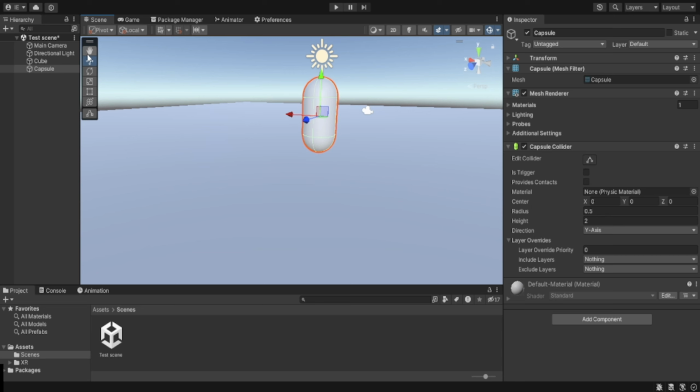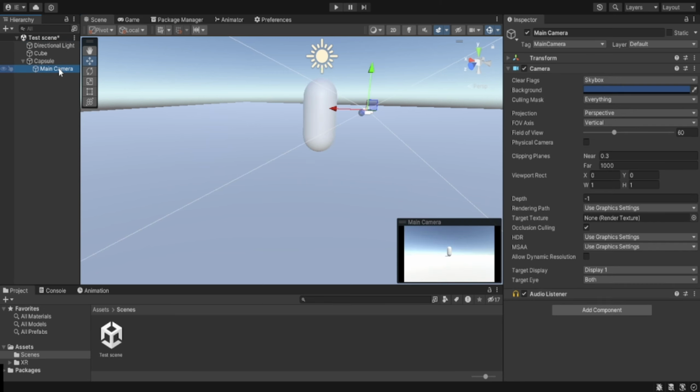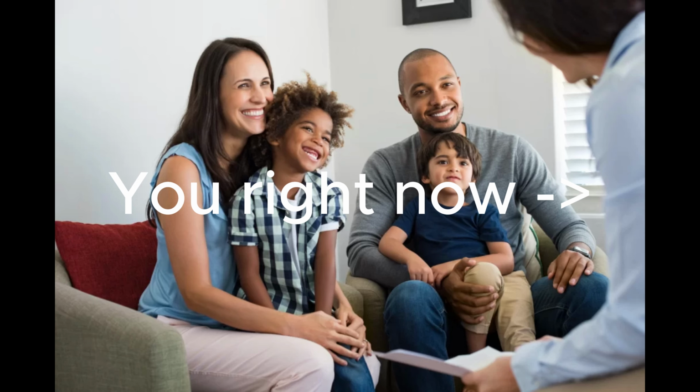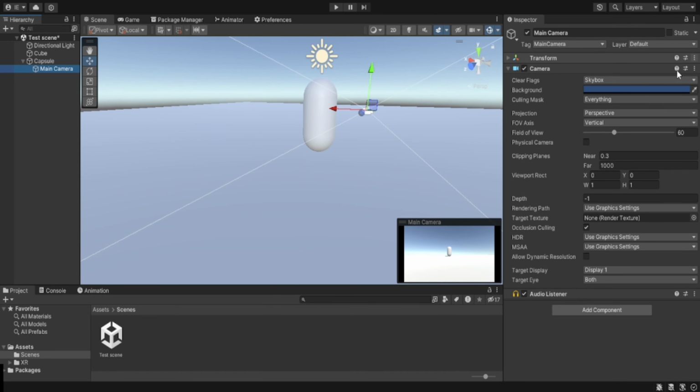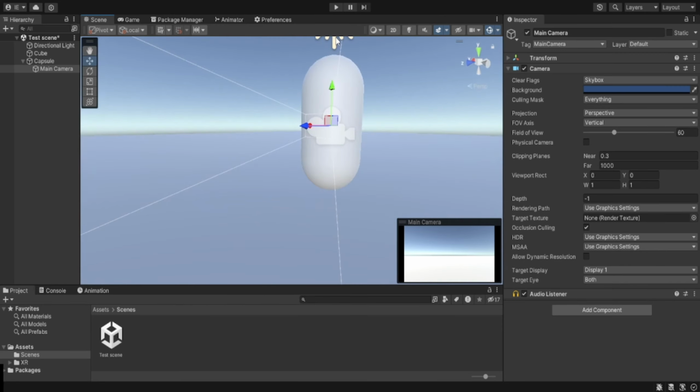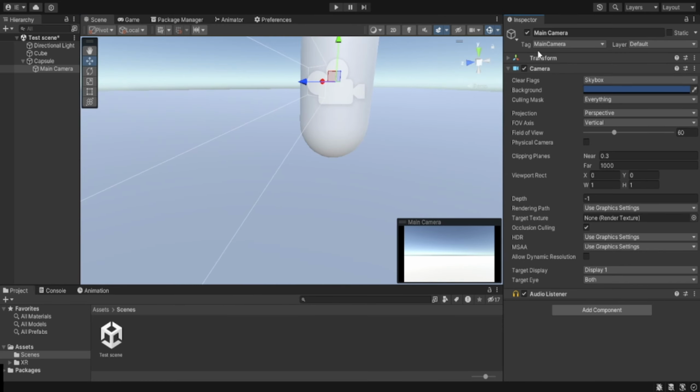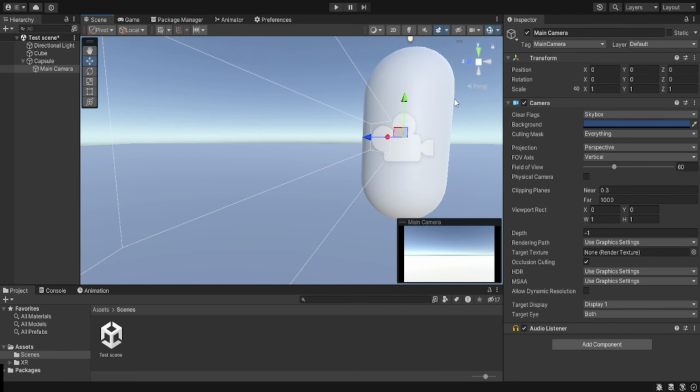Man's grounded. Then we grab the main camera, make that a child of the capsule, and now we just helped out with the adoption process. We're gonna reset the transform on the camera, and this is gonna put it inside the player, because that's where it goes now, because that's how parents work.